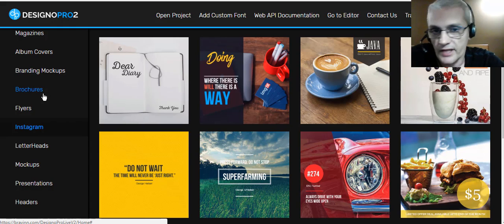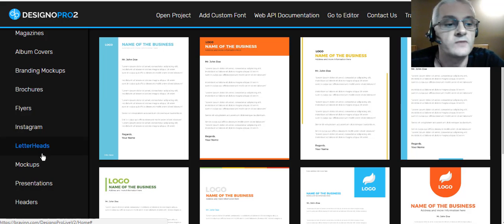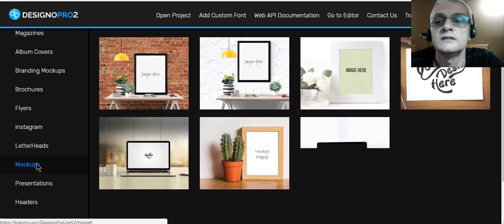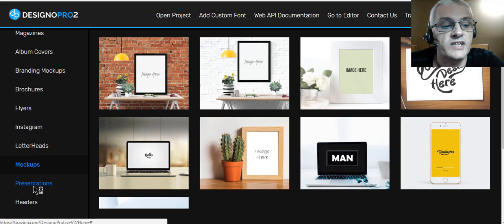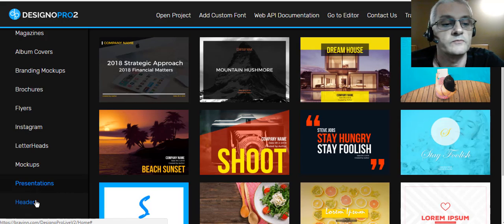It's a great way you can actually create ads on Instagram by creating these images, and then go ahead and, if you want, either post it as a regular image or make a really nice one and create a paid Instagram ad for your website. You can create letterheads. Okay, you can create mock-ups, okay, presentations, you can create headers,